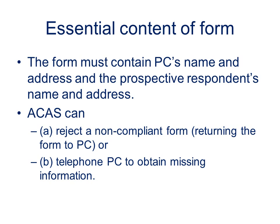There is a certain amount of mandatory required content for the form, which is under the early conciliation rules, rule 2, sub-rules 2 and 3. The form must contain the prospective claimant's name and address and the prospective respondent's name and address. Acas will reject a non-compliant form,